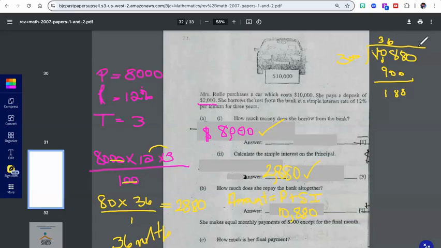When we multiply the 3 by 6, bring down the 0, subtract,